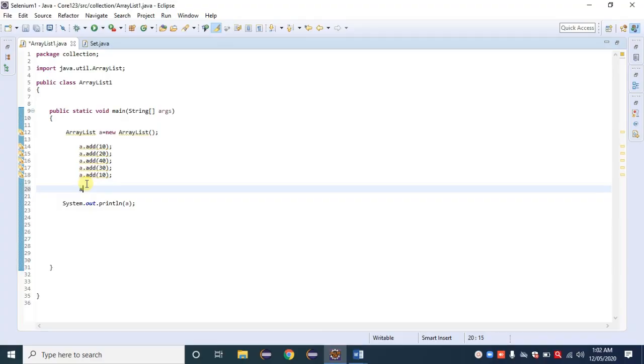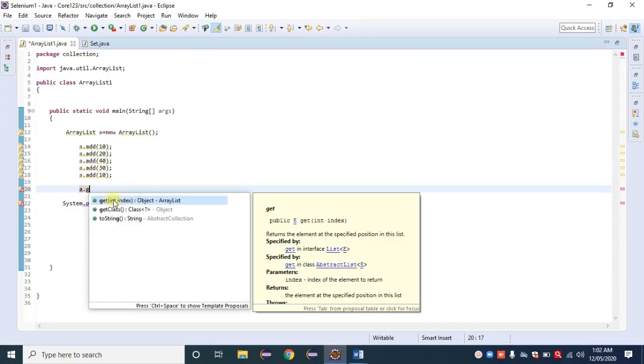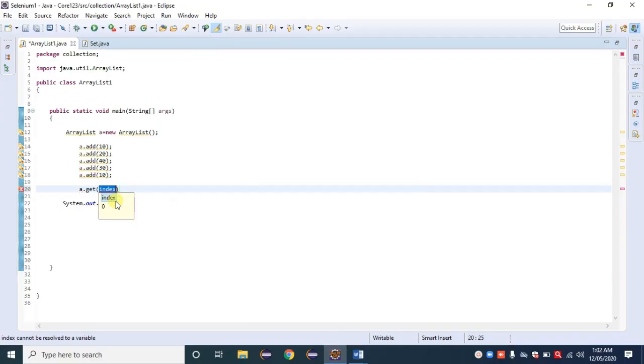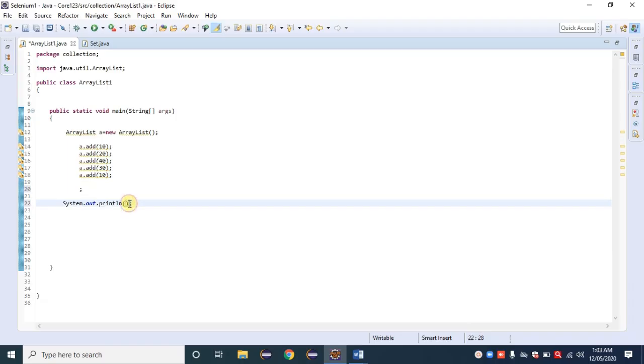a.get, and here I am providing the index number, 2 as an index, and a semicolon. So this whole statement I can provide inside a print statement also. Ctrl+X, provide here, Ctrl+V. Click on the run button.